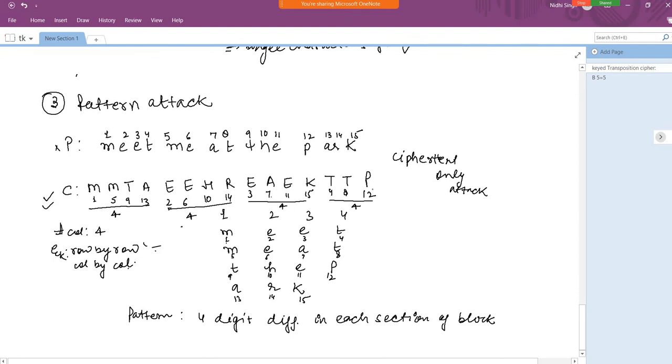So from the intercepted ciphertext, it gets to know this pattern, that after finishing that block, the subsequent block will start, and the difference between the two digits in each block is 4. In that case, it will get to know that okay, the number of columns is 4, and from this I can permute my characters in order to identify the meaningful text from the ciphertext. So the same example you have to implement in the lab. So that is called the pattern attack.